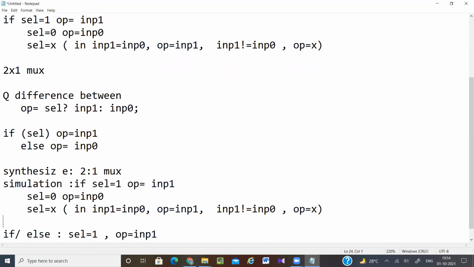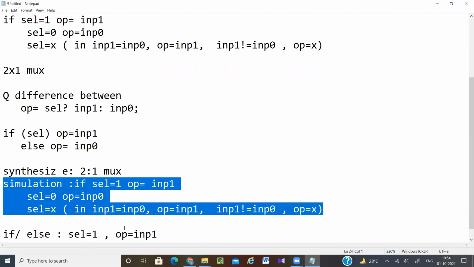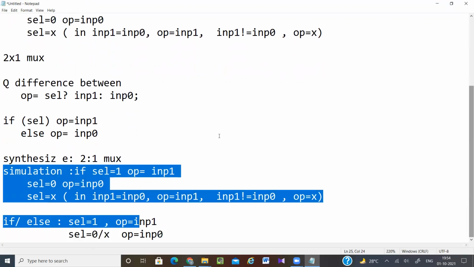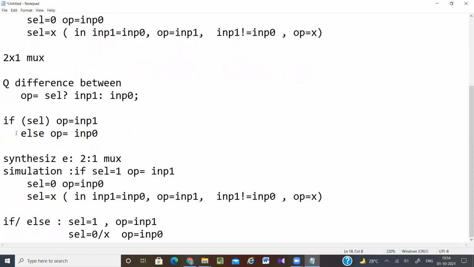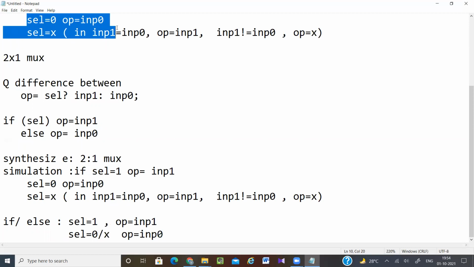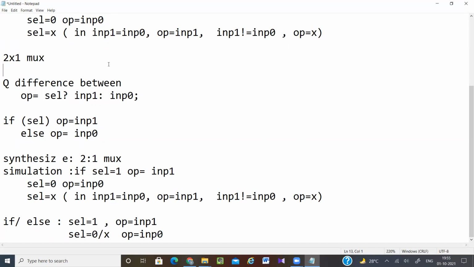So simulation-wise, they will have a difference. Whenever the select value is equal to 0 or X, then the else part will get executed. But here, if select is equal to 0, this one, and if select is equal to X, it will check, and only after that will it get executed.